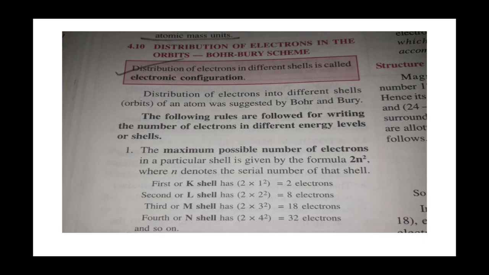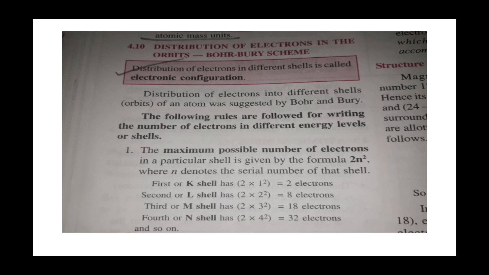The outermost shell of an atom cannot accommodate more than 8 electrons, even if it has the capacity to accommodate more than 8. For example, the electronic configuration of calcium. The atomic number of calcium is 20. So the electronic configuration should be 2, 8, 10. But it is not correct. It will be 2, 8, 8, 2. The maximum capacity of the M shell is 18 electrons, but only 8 electrons are filled in it.